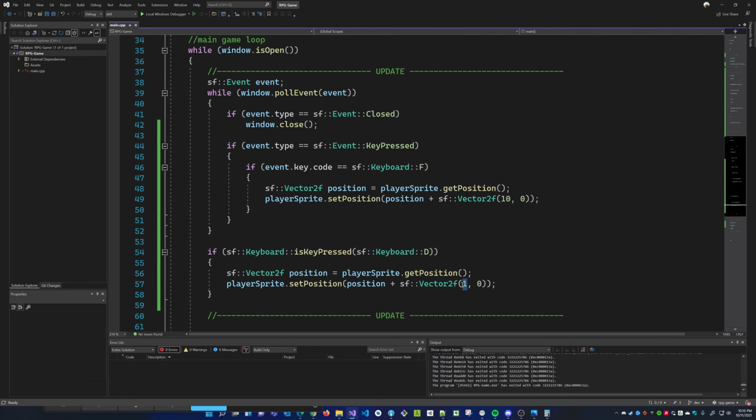Move one, move one, move one. This one is check, move, wait, check, move, wait. So that's why we have to move more pixels every time we go through that loop. Here we're moving super fast, so we have to reset it at 1.